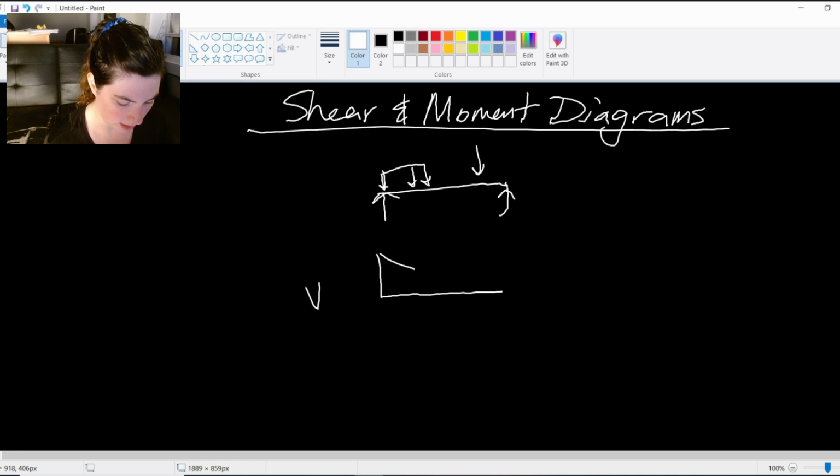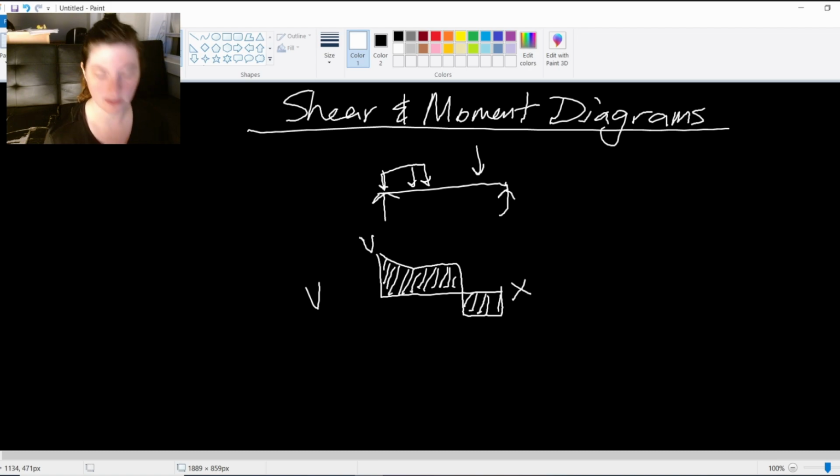It starts out really high and then my shear force is lower, comes down and around, right? So this portion here represents the shear. This is V, my y-axis, and then my x-axis is going to be the distance along the beam. So I have these graphs that can tell me at any given point